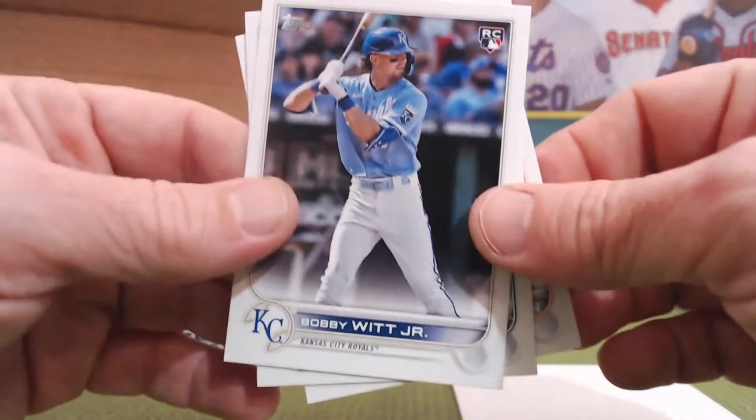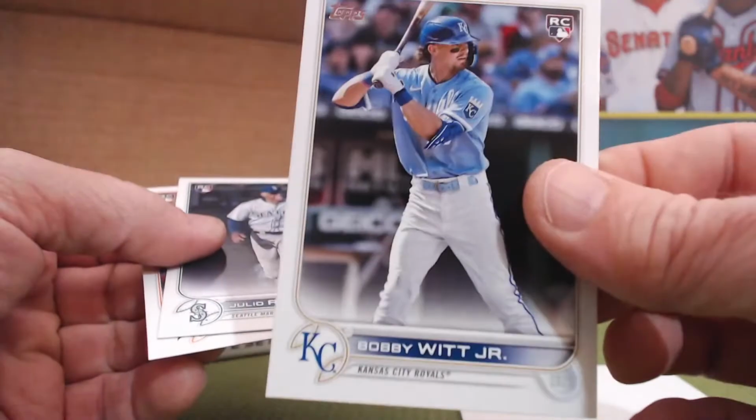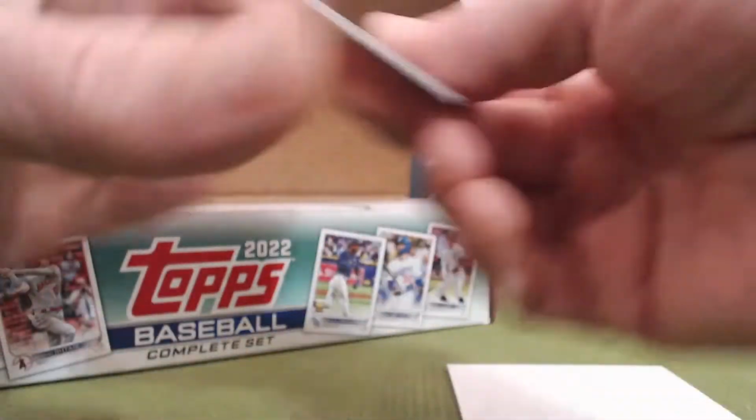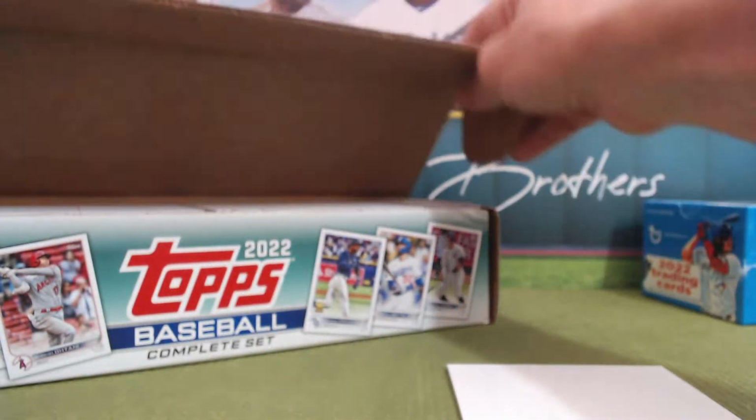So again, these are the rookie cards coming out of these. Fairly decent condition. So let me put those aside. We do have one more box of these. I'm almost